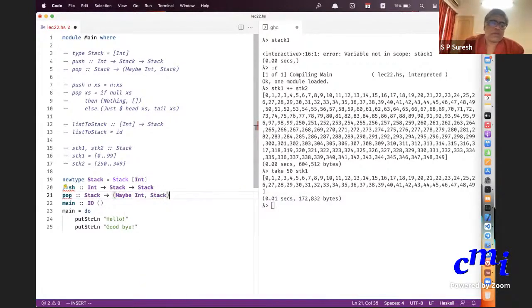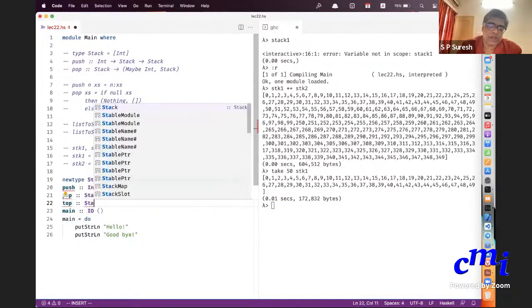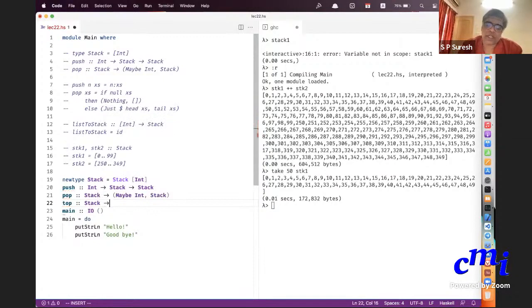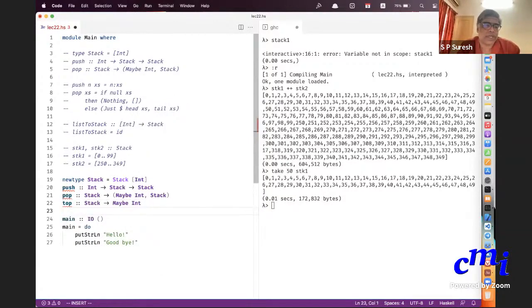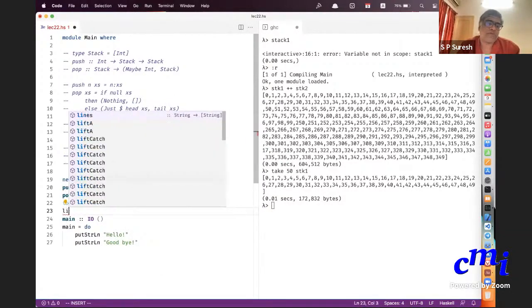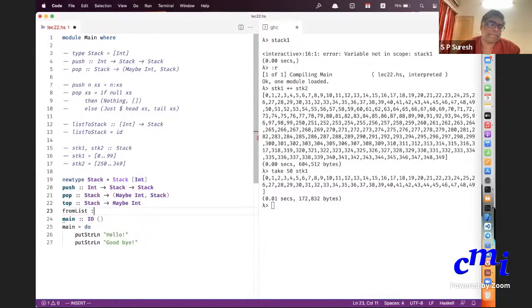And top, let's say why not, will return you just the top element. It's like returning the head. And I'll also do list to stack. From list, typically, it will be called a list of integers to Stack.